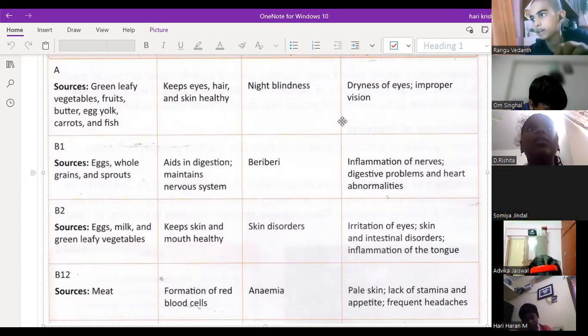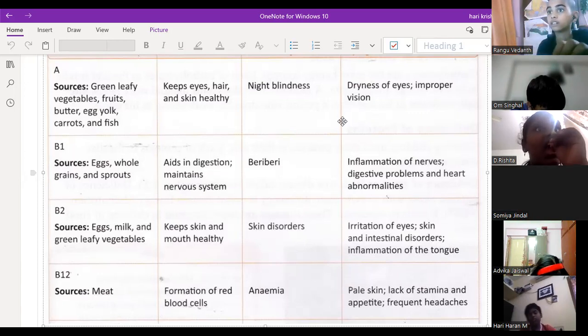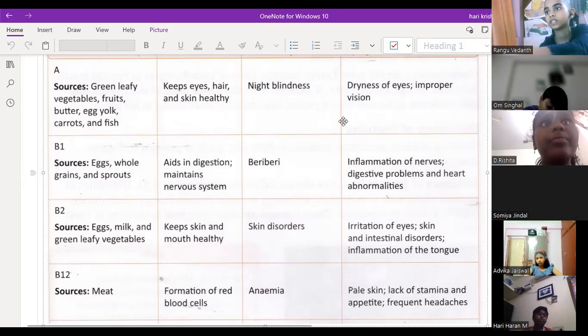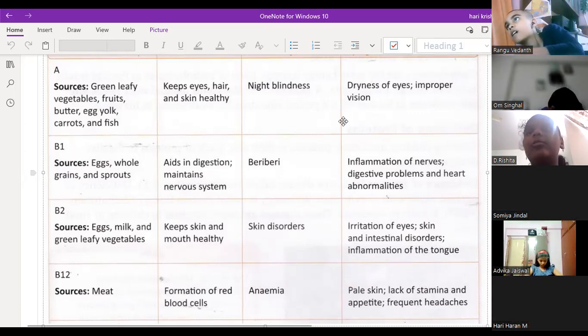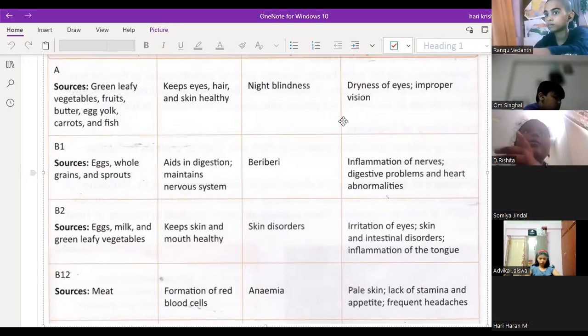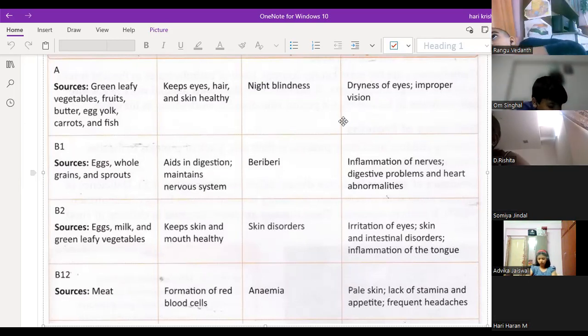Does it help in respiration, sir? Very good. It helps in respiration, taking the oxygen from the lungs to the different parts of the body. Different parts of the body have different types of cells, right? So it will supply the oxygen to the cells, and while coming back, it will take the carbon dioxide from the cells to the lungs. Understanding? So it helps in the transportation of oxygen and carbon dioxide. Clear?